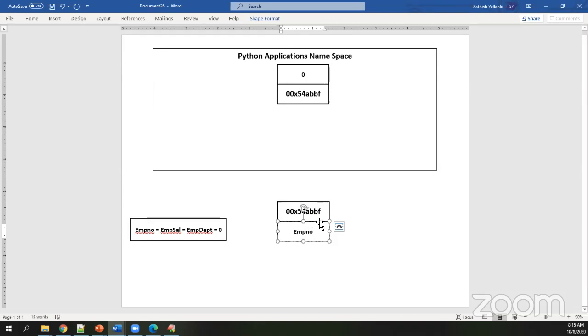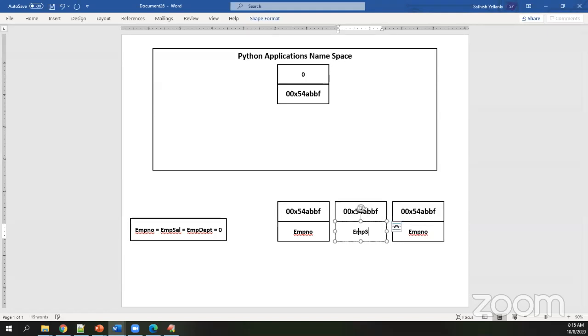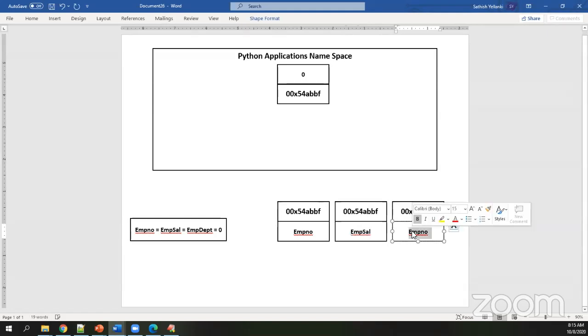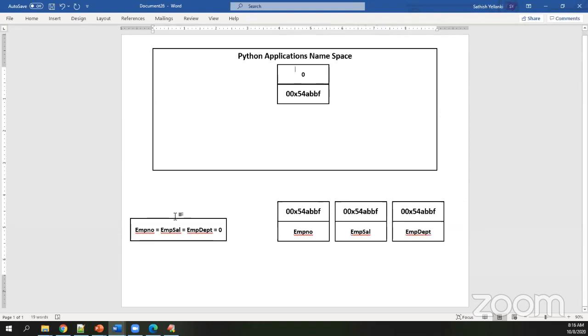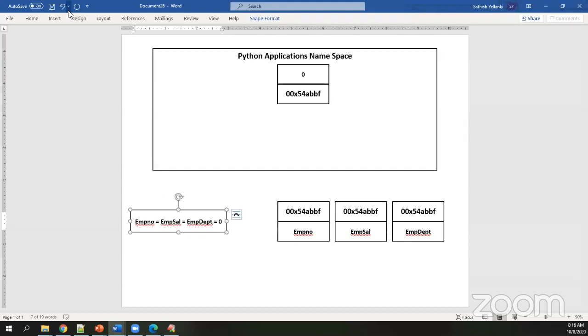So that's employee number individually declared. Now this becomes your empsal and this becomes your employee department. But it's the first time allocating, the first time when you're declaring and your allocations are done, this is what is fundamentally happening. Be very, very clear about that.